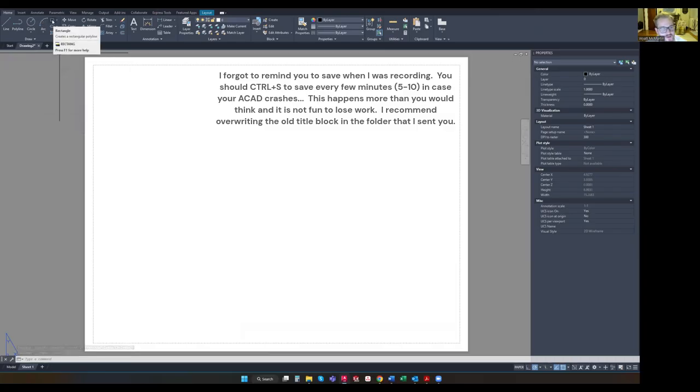In Lab 1, once we get to Lab 1, I'll teach you some hot commands, so you don't have to click up in the ribbon. You can just type it on your keyboard and get rectangle. You don't have to type the whole word. So I'm going to grab my rectangle tool,